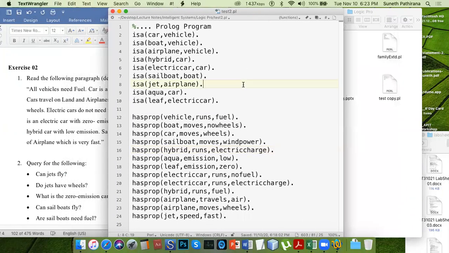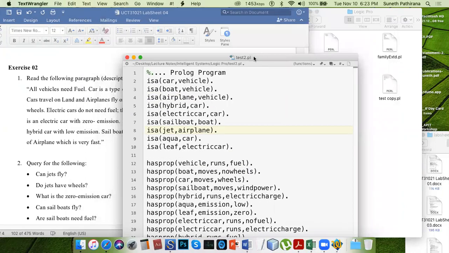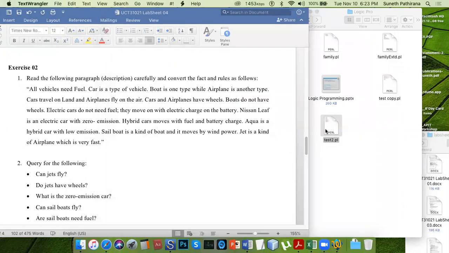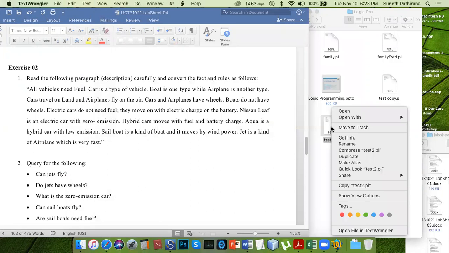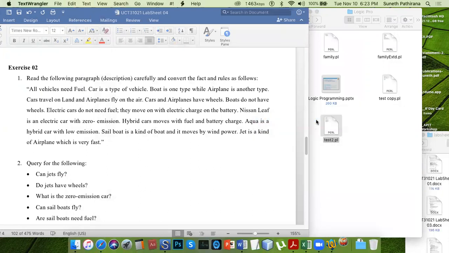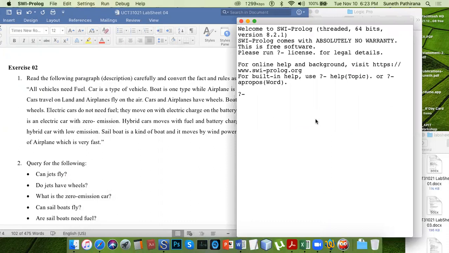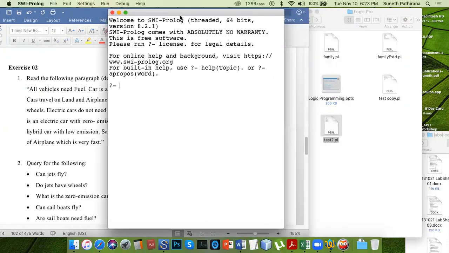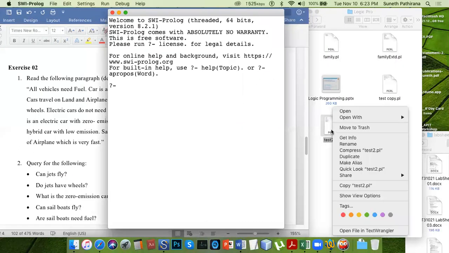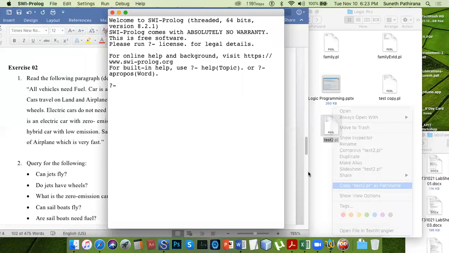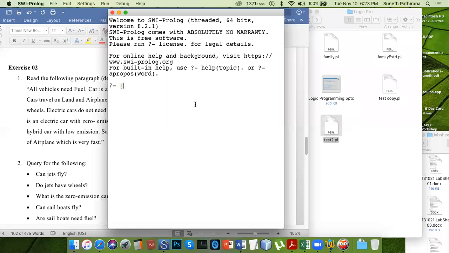Now I'm going to run this. I have to open this with SWI Prolog. First of all, I need to compile this. This is an additional step for the Mac users.